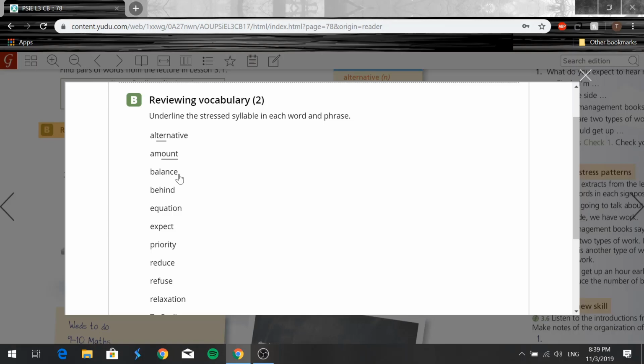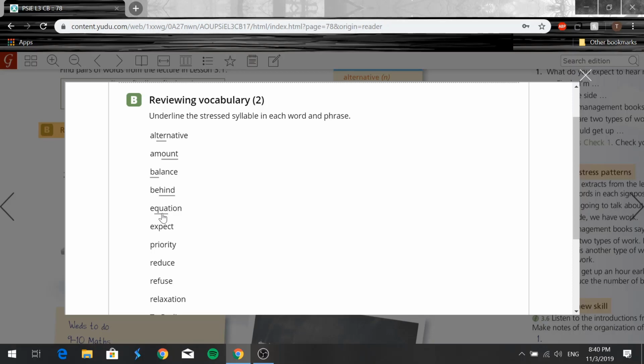Then we have balance. Balance. The stress is on the BA, balance, okay? Then we have behind. Behind. Stress is on hind, okay? So behind. Then we have equation. Equation. Yes, the stress is on that QUA,